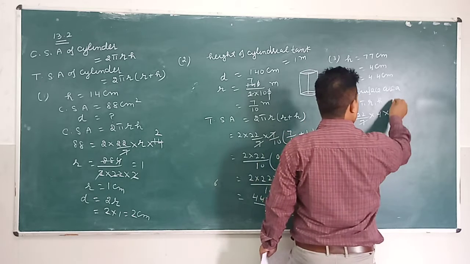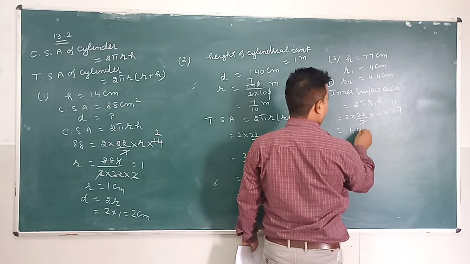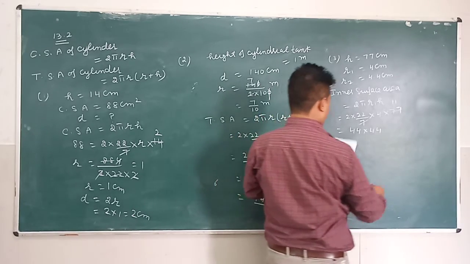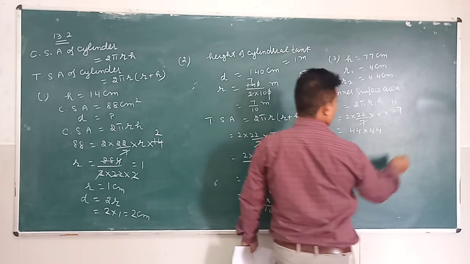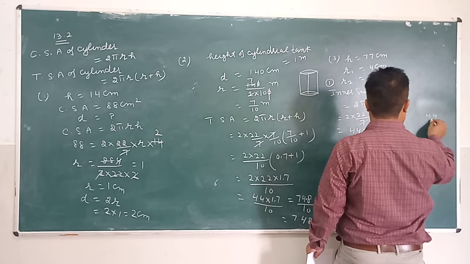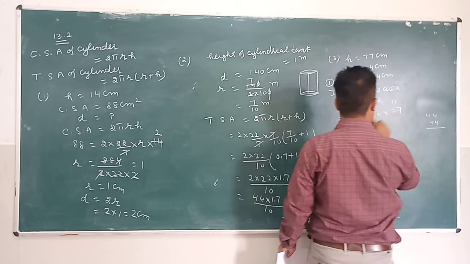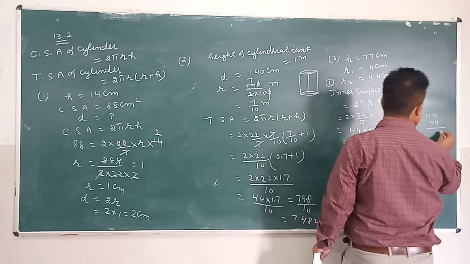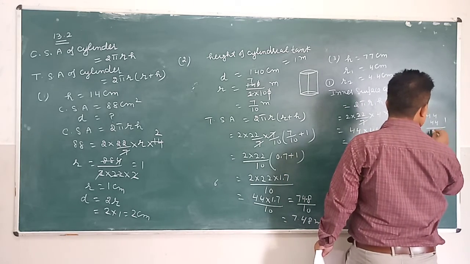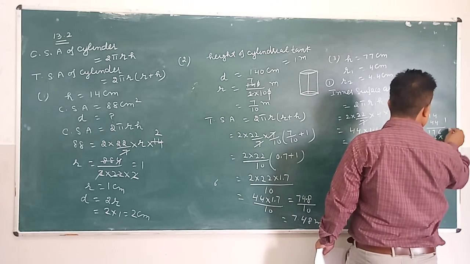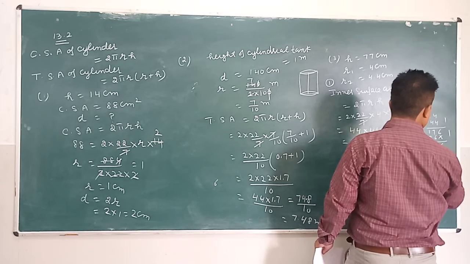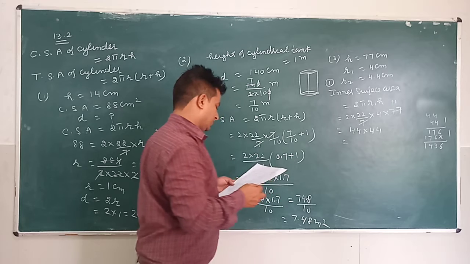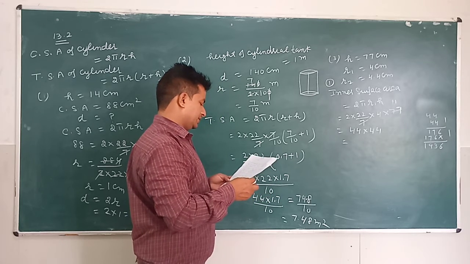So this is 11, this is 44, multiply 44. So when we multiply this 44 by this 44, that's 44 into 44. So this is 7 into 11 π, this is 44, 11 4 is 44, this is 16, 1, this is 17, this is 16, this is 17, 6 3 1 9. So 19361 is the inner surface area.